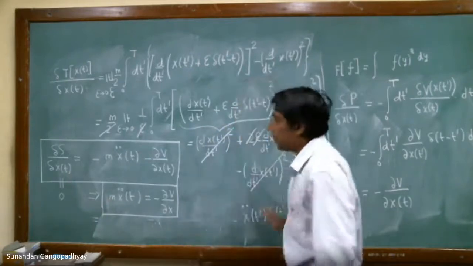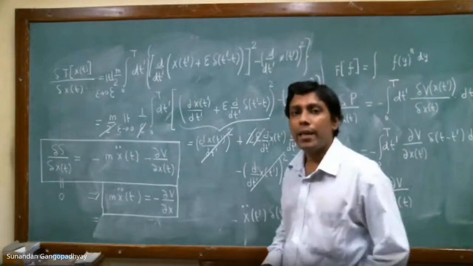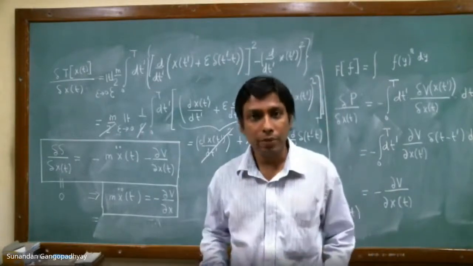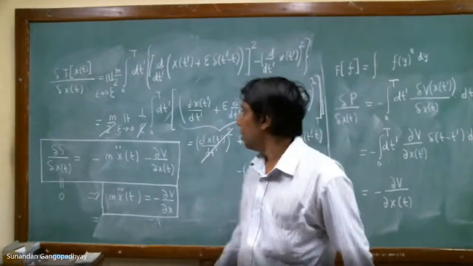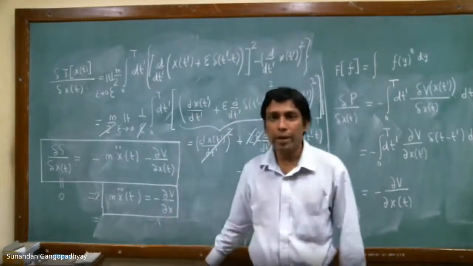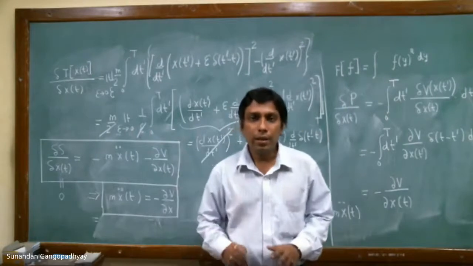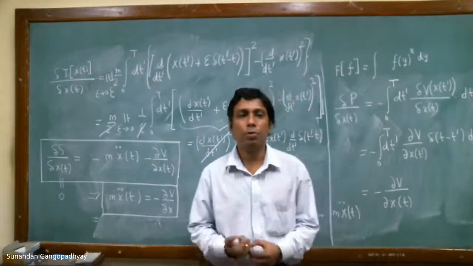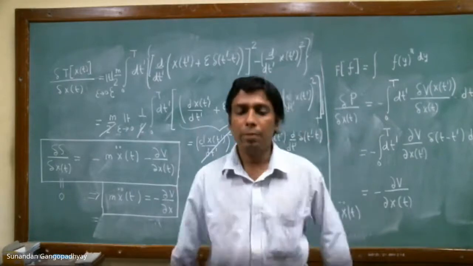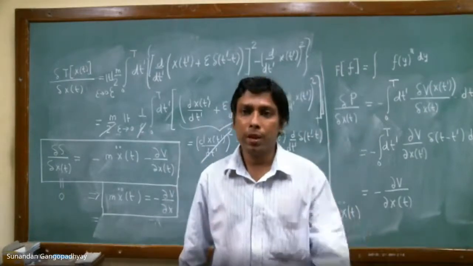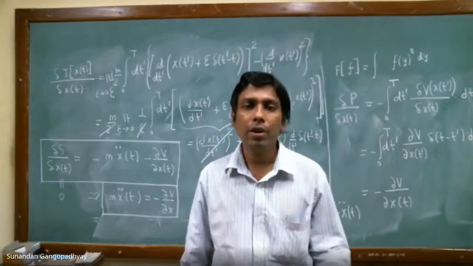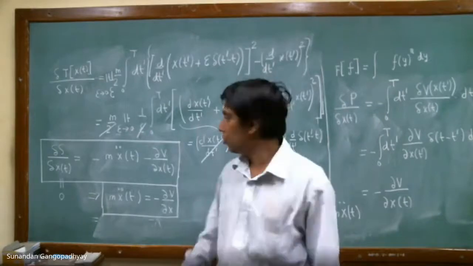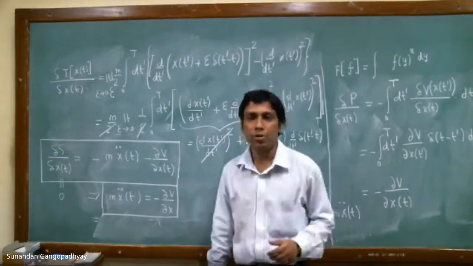All this that we have done today, you can do just by variation, the way I showed you in the previous class. But the procedure I've shown you in today's class is basically from first principles. From first principles, we mean that you have a first principle definition for taking the functional derivative. You apply that definition and compute what the functional derivatives are. So this is another procedure of obtaining the functional derivatives.